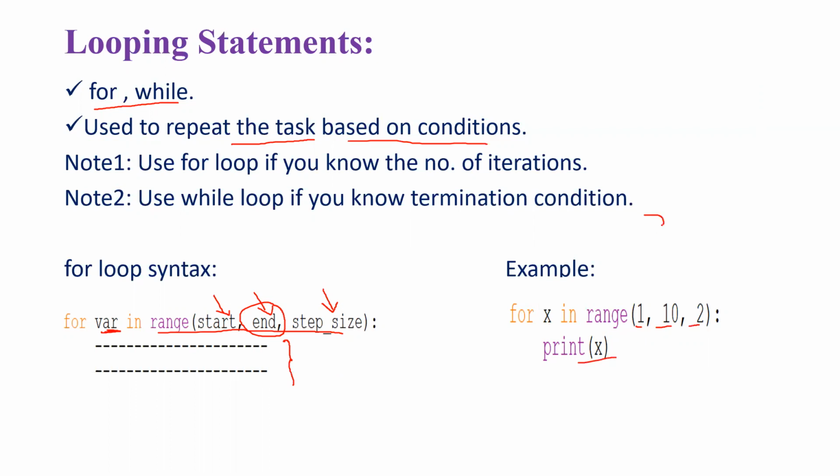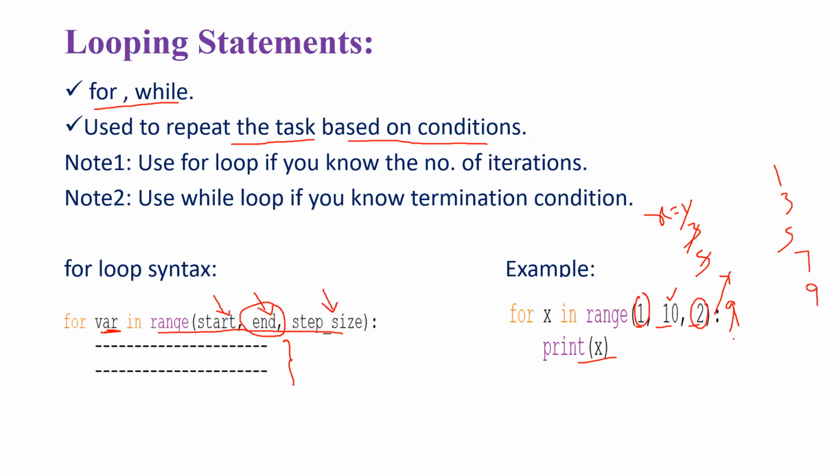Now see here, now the starting value of x will be 1 because here the start is 1, and print of x, which means 1 will be printed. Now again the increment is a 2, x will be incremented by 2, means x value will become 3. 3 is less than 10, yes, in that case 3 will be printed, and again increment by 2, and 5 is less than 10, 5 will be printed, and again increment by 2, 7, 7 is less than 10, 7 will be printed, and again increment 9, 9 is less than 10, so print the 9 value.